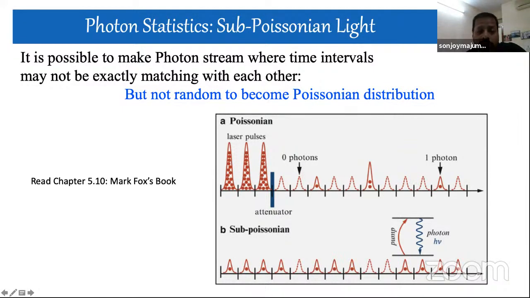Whereas if you see it here, what would happen? It will look like that. Here you got 4 of them. Here you got 3 of them with one pulse gap. Here, with a 2 pulse gap, you get again 4 of them. So there is some kind of periodicity of the detection that we are able to get. If we get this kind of periodicity, then we will be able to reach the sub-Poissonian distribution. So I believe you have at least got some idea of how to visualize this sub-Poissonian distribution.